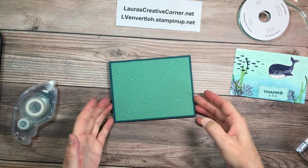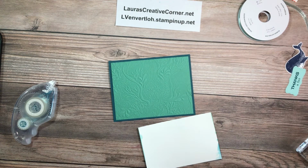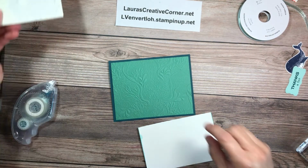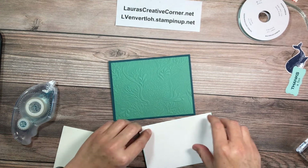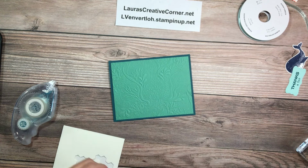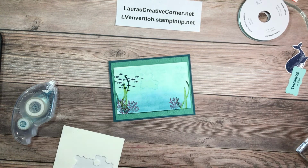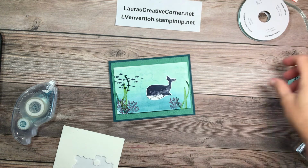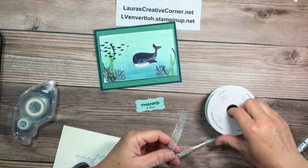There we go. And of course, we're going to put some dimensionals on the back of this as soon as I figure out where I put them. Oh, there they are. And, oh, you know what? I need to cut this. And because I forgot to get the matte piece, I'm just going to show you how I pulled off the